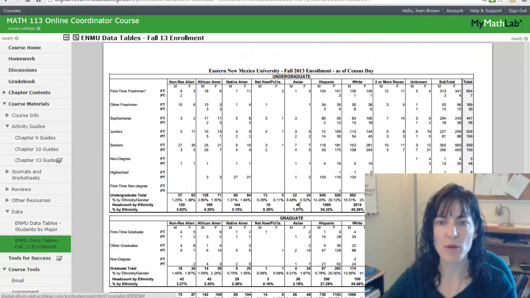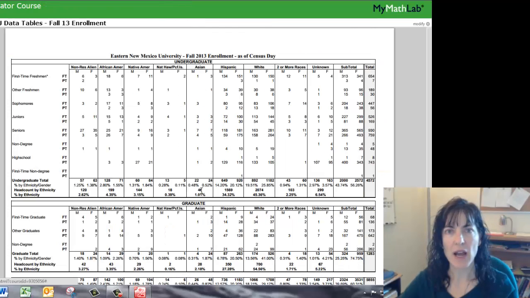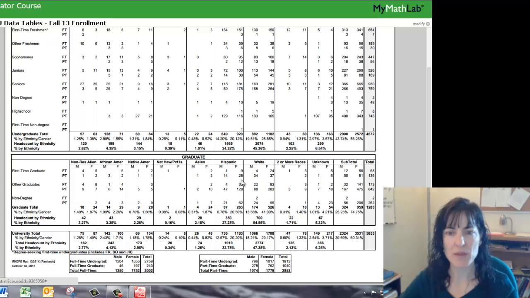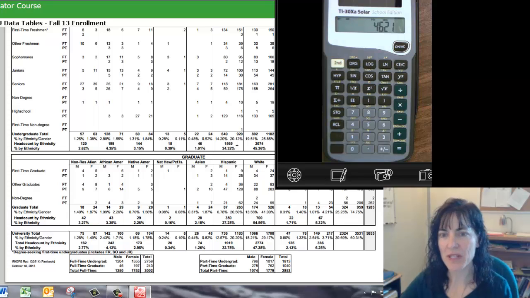You can tell from this chart, if I wanted to know how many Hispanic female students were attending in fall 2013, then I can look in the Hispanic column, female, down here, and I can see the undergraduate total is 920. Then that makes me wonder what's the graduate total, and I see that's at the bottom of the chart. So females down here, 263, so I have 920,